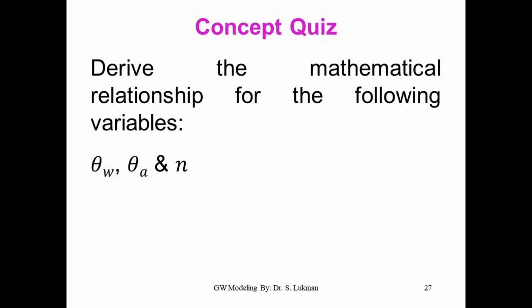This volume of void has two components, because in the void you have water and you have air, isn't it? Simple. So the volume of void is made up of air and water over Vt. And when you separate Va over Vt and Vw over Vt, this one is theta A, right? And this is theta W. So porosity is given by moisture content due to air plus the moisture content due to water. Very simple, short, and easy, isn't it?